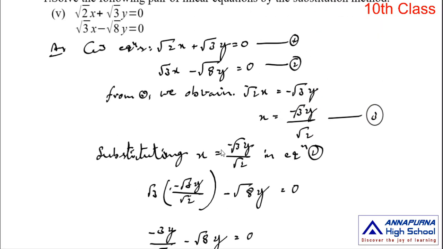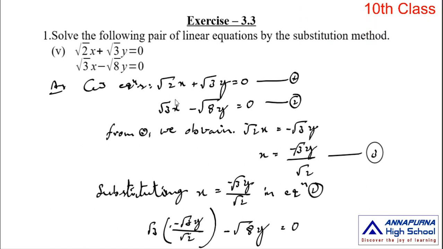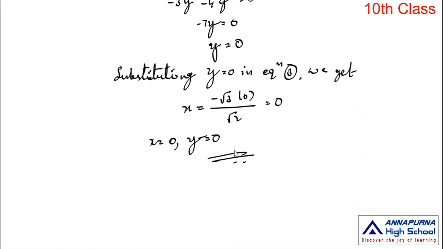Once we observe the given pair of linear equations, root 2x plus root 3y is equal to 0 and root 3x minus root 5 is equal to 0, do you observe anything? In these two equations, the constant term is missing. If you solve a pair of linear equations without the constant term, there is no doubt the solution is 0, 0. That means the graphs of two linear equations intersect at the origin only when the constant terms are missing in the two equations. That is the most important point.